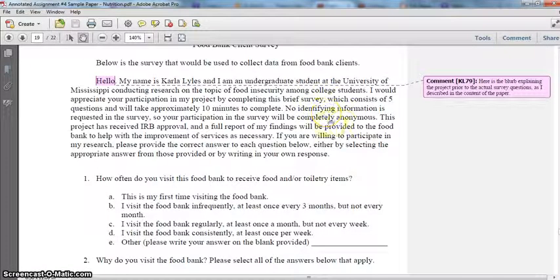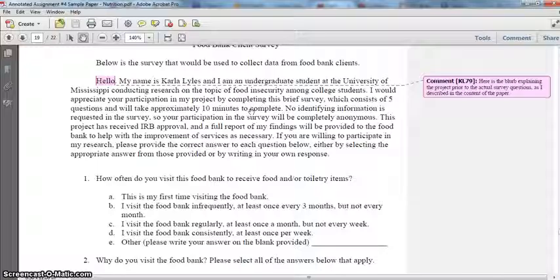It's also important to explain whether the data collection measure would be anonymous, or if the participant or potential participant's identity would be in any way revealed or potentially revealed. You do want to be clear about that, and you do want to be honest in these things, right? So you don't want to say it's completely anonymous if it's not. You don't want to say that it would take 10 minutes to complete if you've got 20 questions on there, and it's more likely it would take a half hour. So be conservative in your estimate of how long it would take.